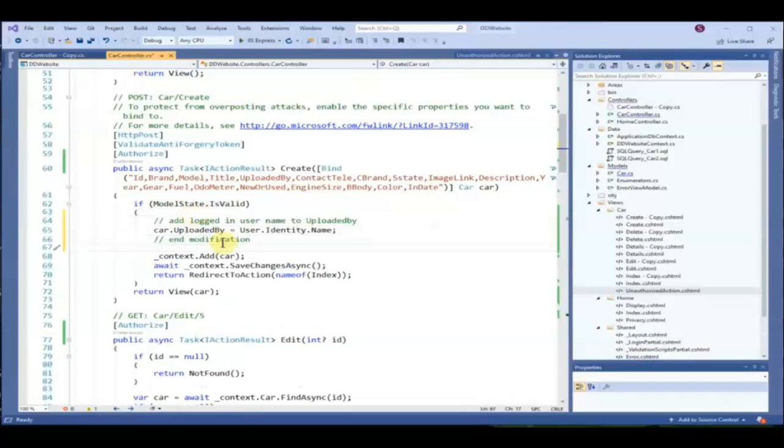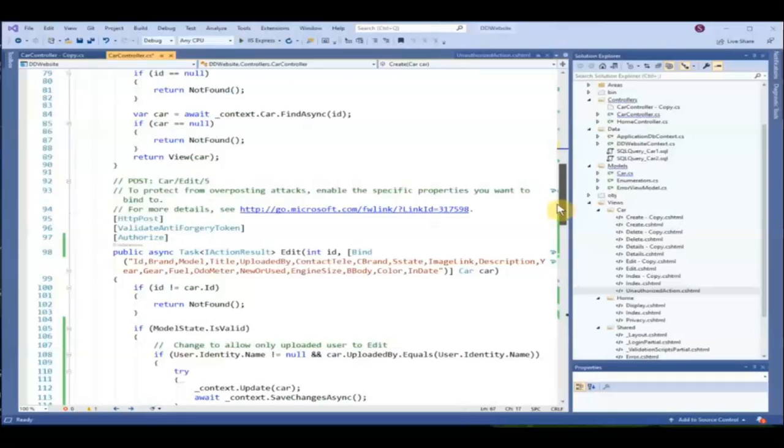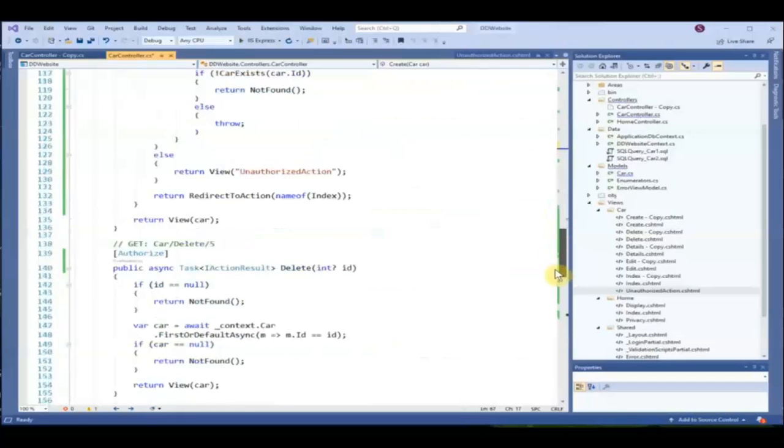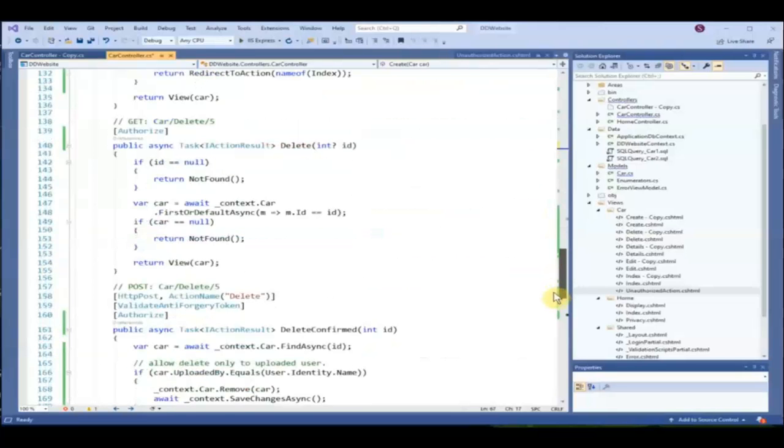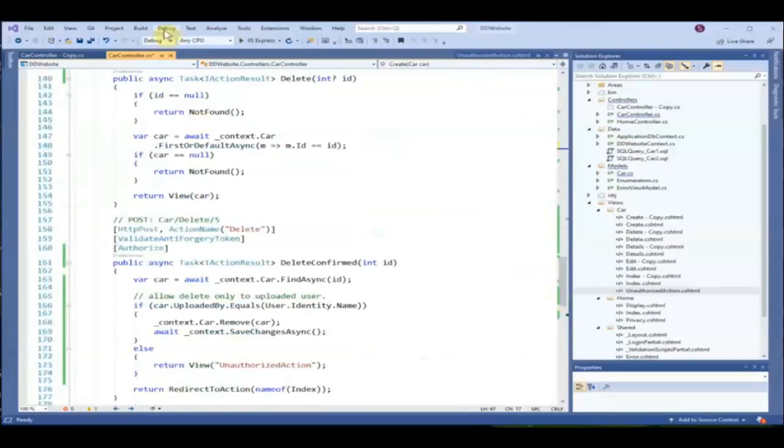So we change that in the create. I remember copying that as well, but maybe not. No, can't find it. Okay,